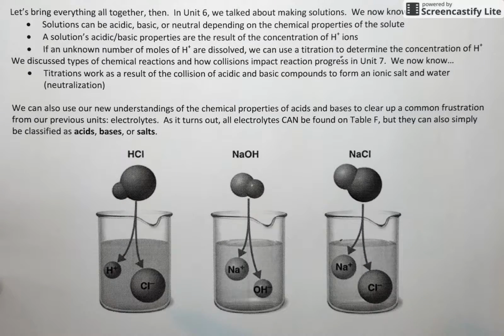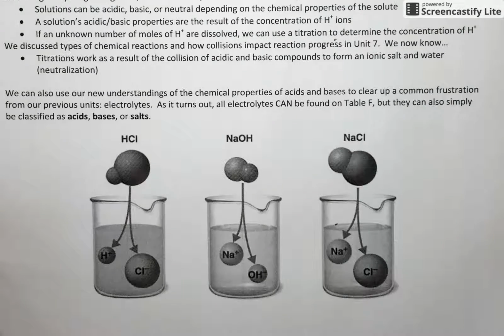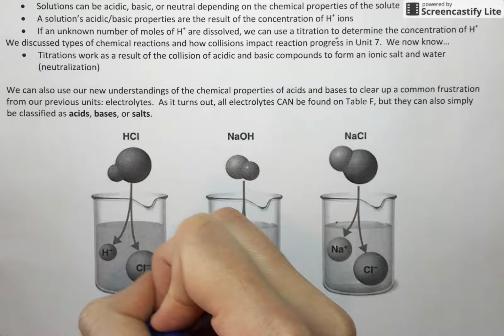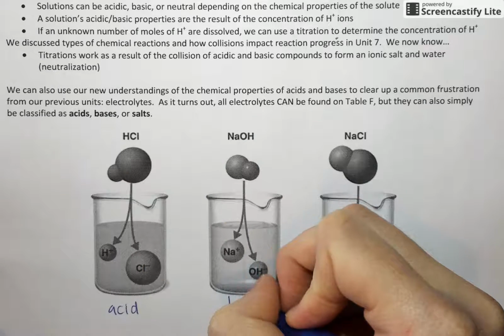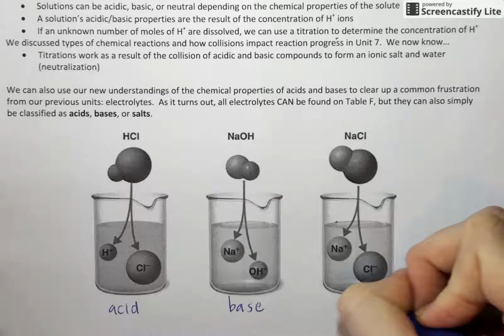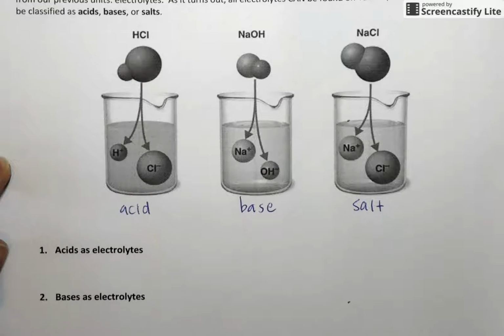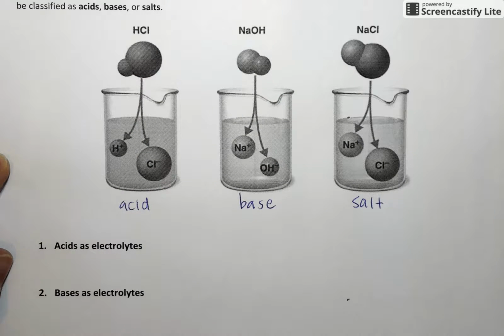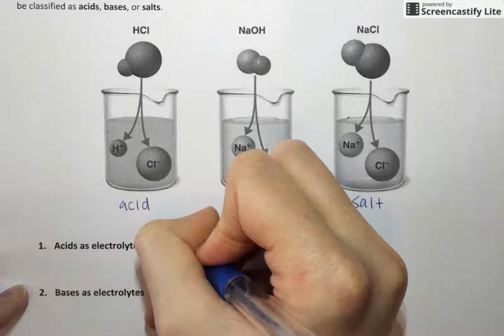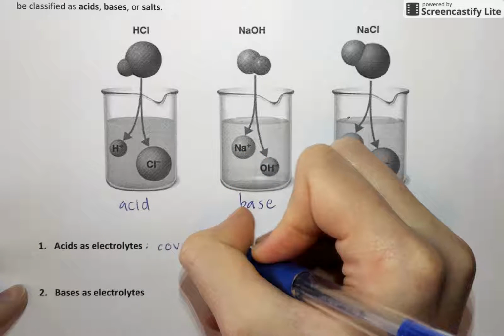And of course, yes, we've seen things like NaCl previously dissolve to form their positive and negative ions in water. What all three of these things are doing is showing us that electrolytes really have three forms. They can be acids, they can be bases, or they can be salts. So if you're defining an acid as an electrolyte, just in a Regents-friendly context, when you see an acid as an electrolyte, one way that you can very easily identify it, it's going to be a covalent substance,